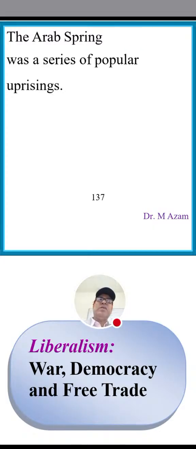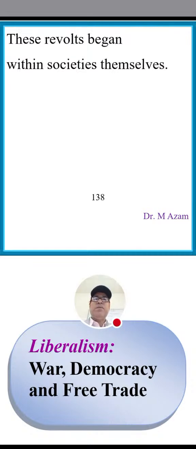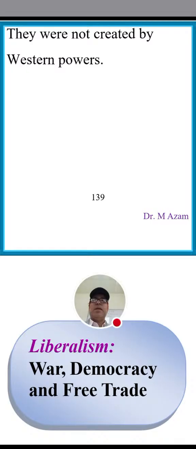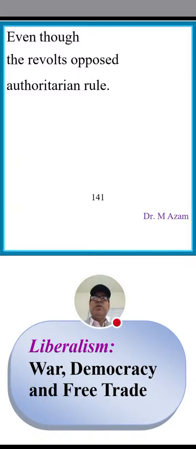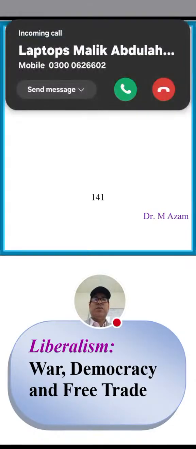The Arab Spring was a series of popular uprisings. These revolts began within societies themselves. They were not created by Western powers. Surprisingly, Western governments did not strongly support them, even though the revolts opposed